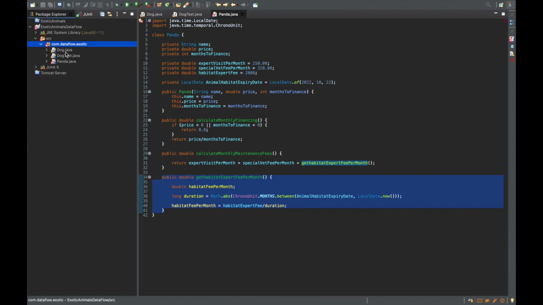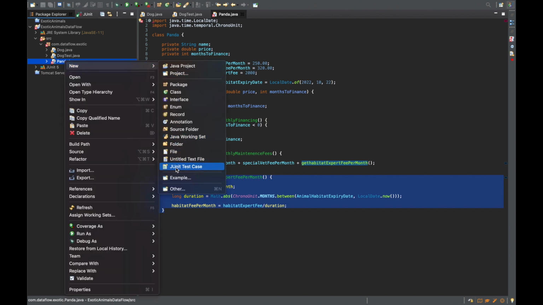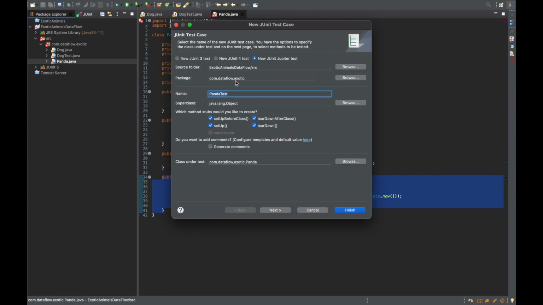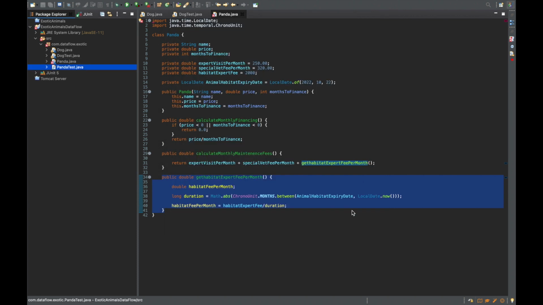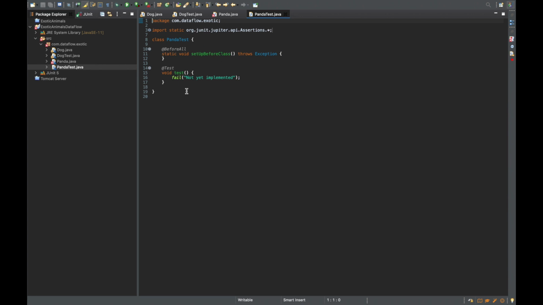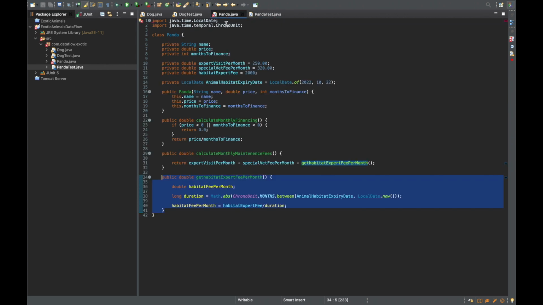But let's go here. Let's go to Panda, right click it, and create a new JUnit test case. We want it to be the latest Jupiter test. We don't really need teardown after, teardown, or set up. We do need setup before class because we want to create a new instance of the object, and I think that's all we need. So let's finish, and we have our template right here. So what I want to do is create tests for each method. So let's start with the easy one, test get habitat expert fee,